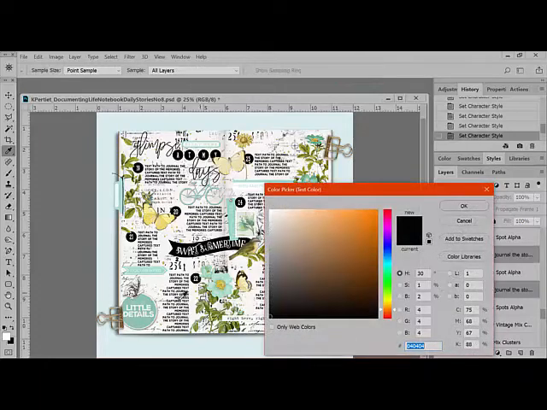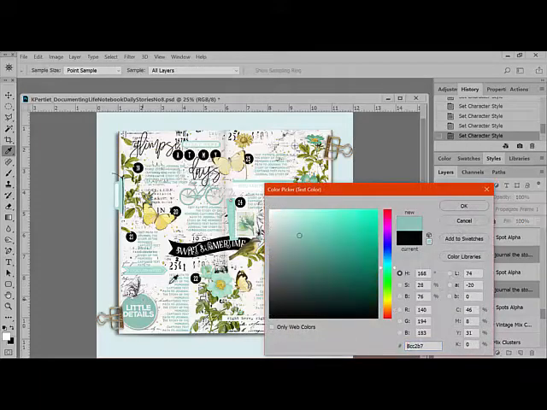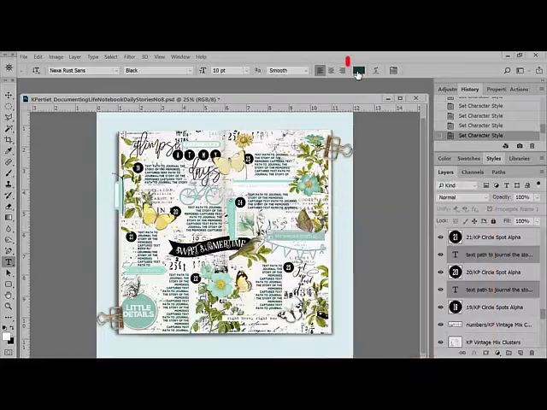So if I wanted to come in with blue, make it a new color, you do it right here in the font color picker. Whatever options you choose will apply to all of those selected type layers, and this is so much more efficient than making the changes to each text box individually. Knowing a few of these tricks for customizing the text will help you preserve your memories using Documenting Life Notebook